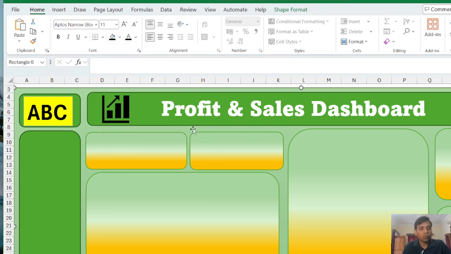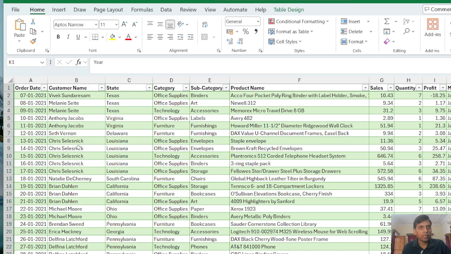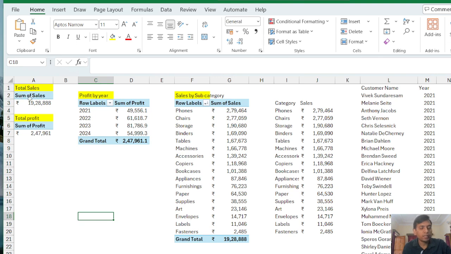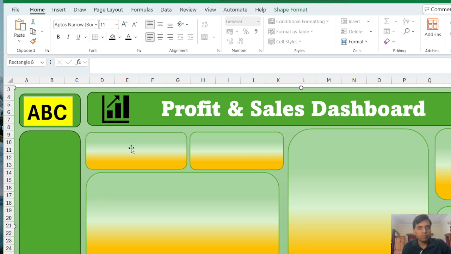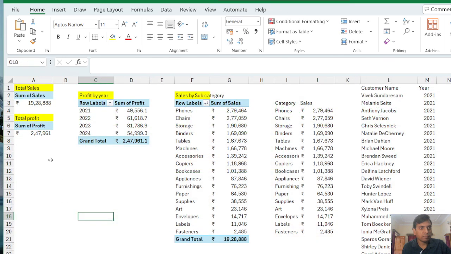Okay, now we will focus on our KPIs. So what are the KPIs? Our KPIs are for which we have created this pivot sheet table, right? So for this pivot sheet, these are the KPIs, key performance indicators, just like total sales, total profit, profit by year, sales by subcategory. So for all these types of KPIs, we have created these blocks. So the first two main things in this pivot table sheet are total sales and total profit. So first what we will do, we will put